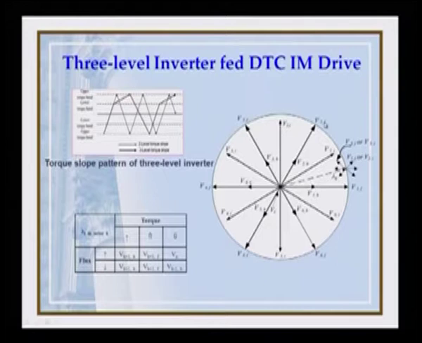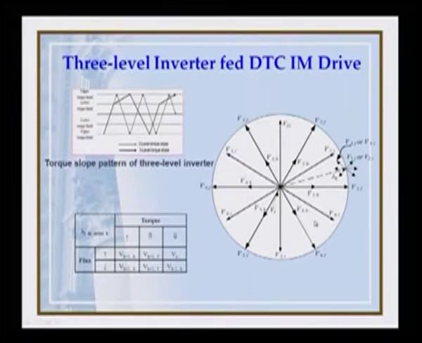Similarly, we have V2f the full vector, and V2h is the half vector, and V3f and V3h, and V4f and V4h. Similarly, we have V5f and V5h, and V6f and V6h. So we have 6 different main vectors and half vectors,